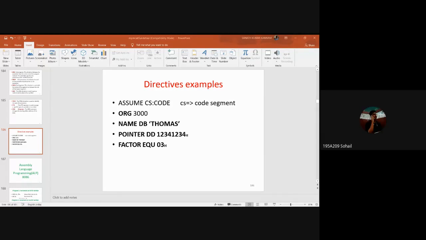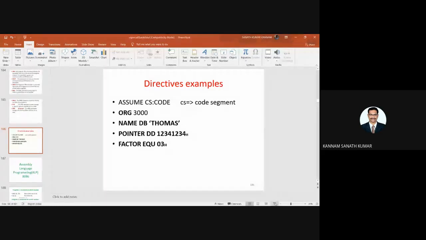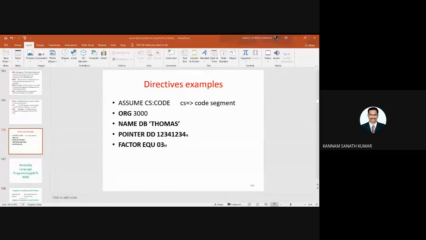Yes, sir. Okay, so next we will see sample assembly language programs. This will be useful for your lab also, and in the final exam they can give some sample programs related to the 8086 microprocessor. So you need to know the basic logic, and the programming will be easy. You need to know the instruction set, addressing modes, and assembler directives.